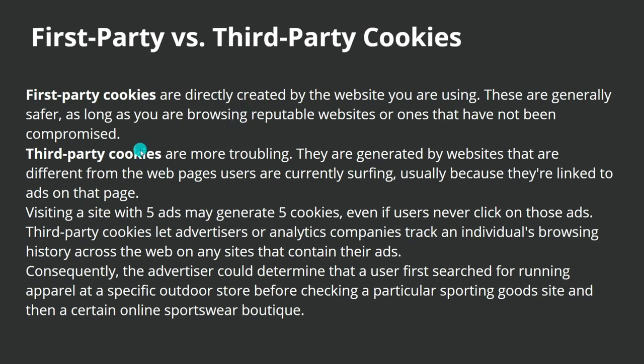So, for example, when you are visiting a website ABC and it has a certain amount of advertisements. When you visit the website, this advertisement company will send a cookie to your browser, even if you haven't clicked on the advertisement. Now, after some time, let's say you are visiting another website, XYZ, and it also has the same advertisements that are hosted on site ABC. Now, if the advertisement company is the same, then they know what websites you are visiting based on the websites on which this advertisement is hosted. So this is the use of third party cookies and first party cookies.